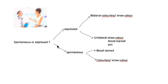And also, if it is spontaneous and colorless, straw color, and bilateral, and if it's copious, you have to suspect strongly whether it could be a prolactinoma. But of course, during pregnancy also you may have a bilateral spontaneous discharge, but most of this physiological one will